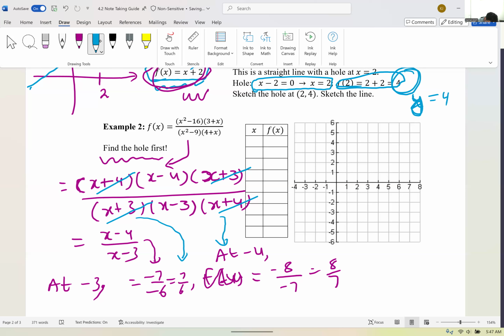Where are those values? Let me mark them. At minus 3, 7 over 6 is a little bit more than 1. And at minus 4, again, 8 over 7 is a little more than 1. Somewhere there at minus 3 and minus 4. And what else do we know? Now the only factor that remained is x minus 3 in the denominator. So which means you are going to have a vertical asymptote